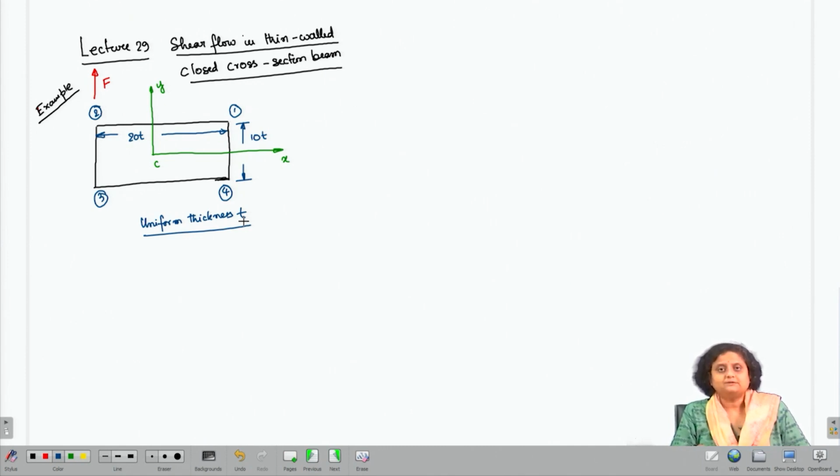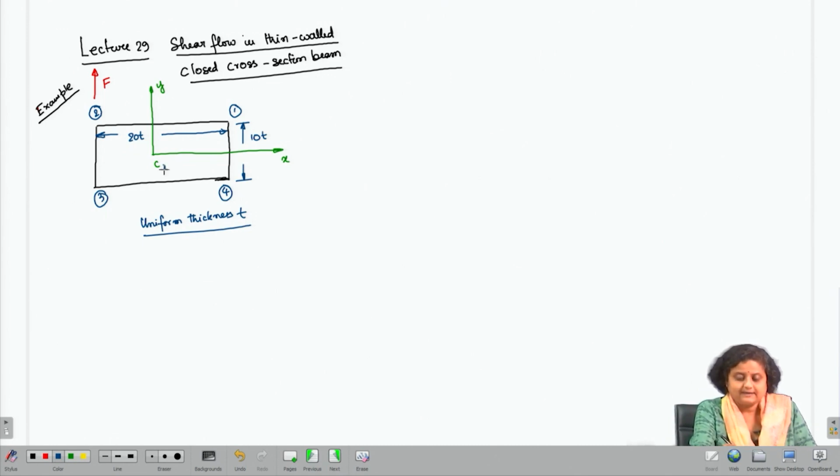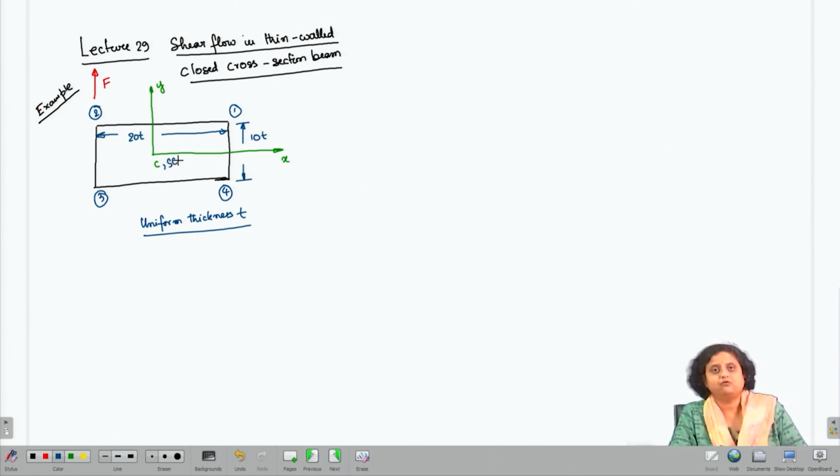Because this is a symmetric cross section, we know that the shear center is going to lie at C, at the centroid itself. So, the shear force that has been applied does not pass through the shear center. SC is the shear center as well, but the shear force does not pass through it,